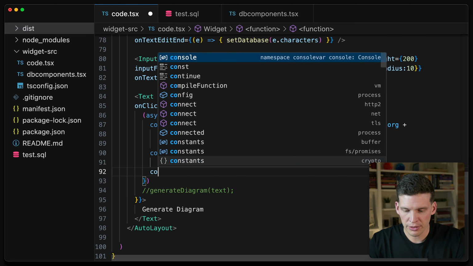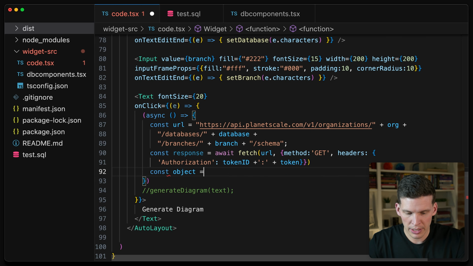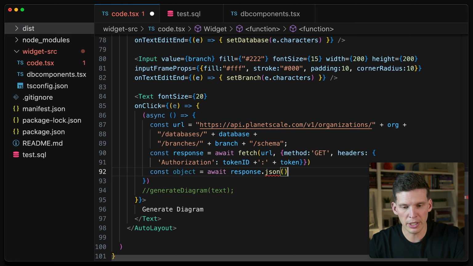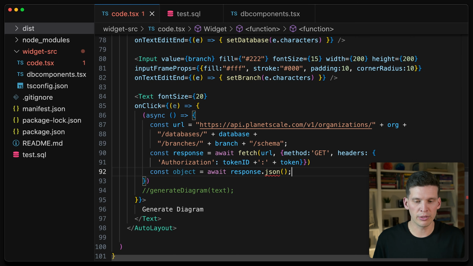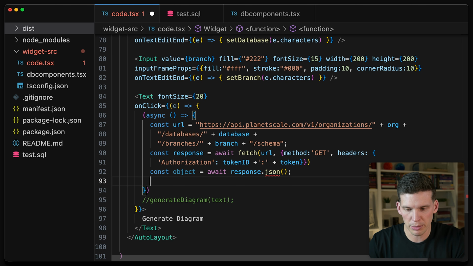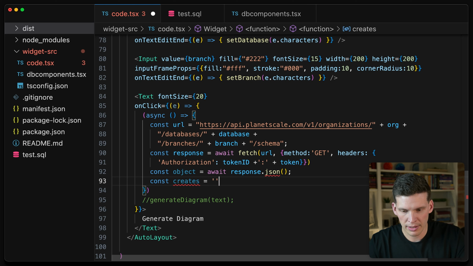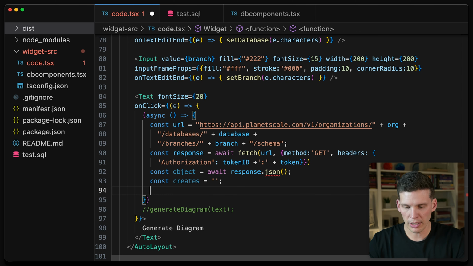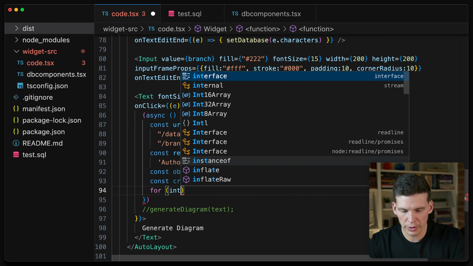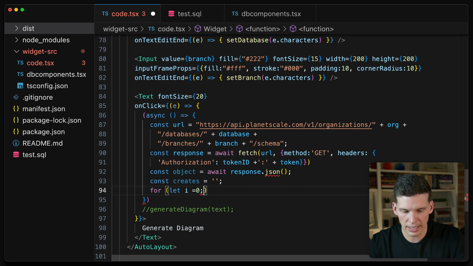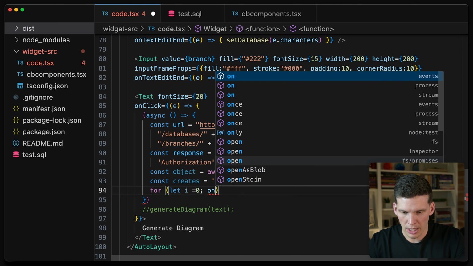So that's the response. And then I'm going to say object equals await the response.json. So I want to get it back as an object, right? So it's going to process the JSON and turn it into a JavaScript object. And then what I want is the create statements for the schema. And in order to do this, I'm going to write a for loop that goes through and gets all of those out. So